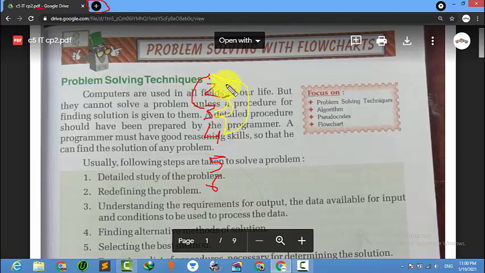So a flowchart means a step by step representation of problem solving. In order to solve a problem, the user must write the first step, second step, third step, fourth step, a step by step procedure to come to a solution. The computer will go through these steps: first step, then second step, then third step. The computer won't go directly from the first step to the third step and then to the solution. It will go thoroughly from the first step to the second step.